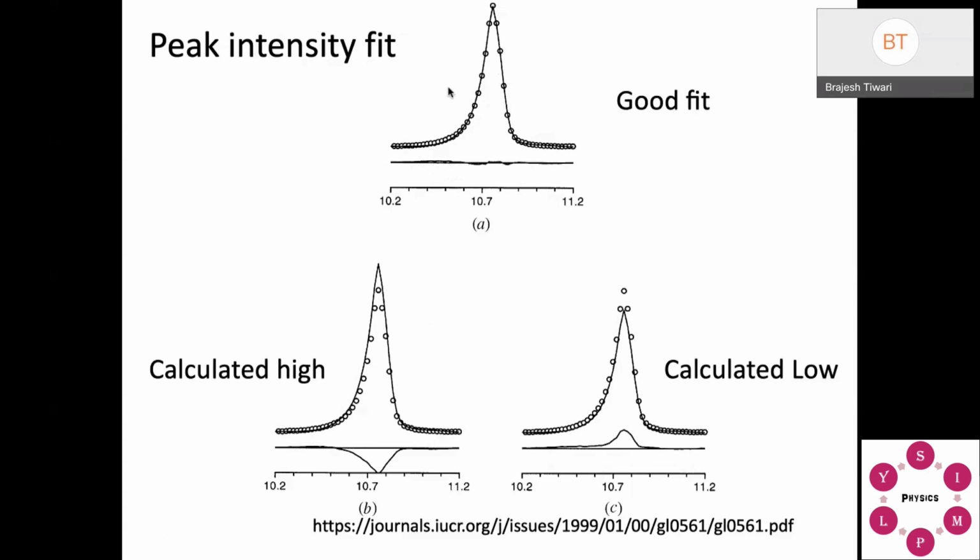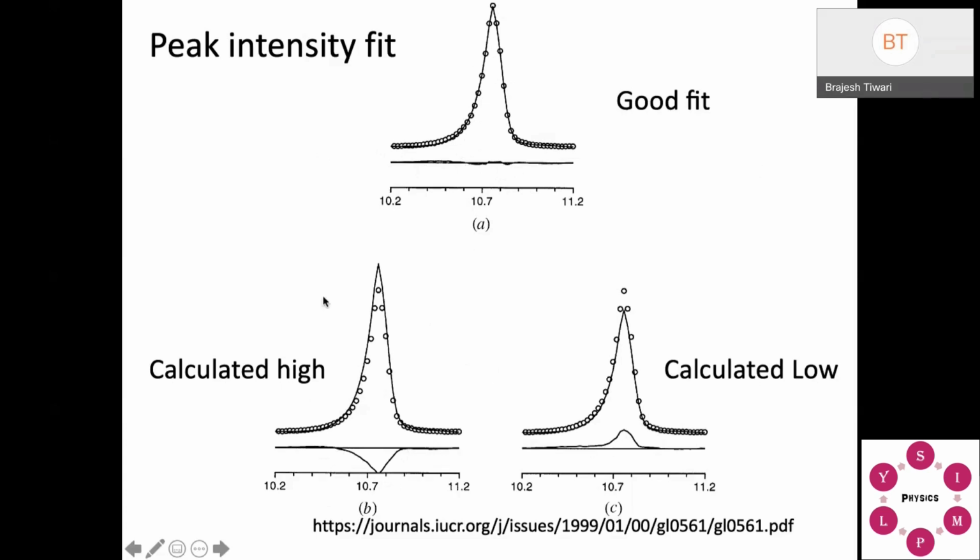So the best way is to zoom into each peak and see that the difference curve is very flat. Once it is flat, even if sometimes chi-square and other parameters may not be very nice, your fitting will still be called good. Anyway, the WRP is designed in such a way that if WRP is lowest, you will get the flat difference here. This point is clear. If your difference is going downward or going upward, that means your fitting is not good. That means your peak intensity is not fitted well.